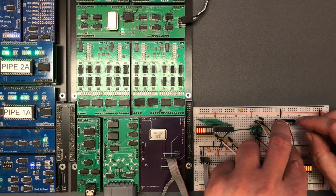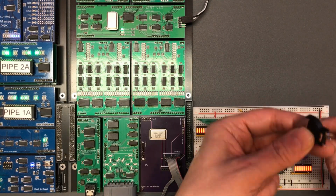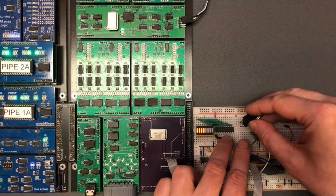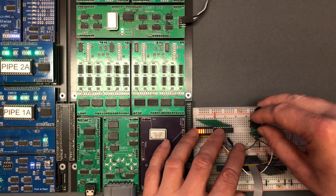I do want to move this battery though. So that's ground and that's power. And I want some more circuit space. So